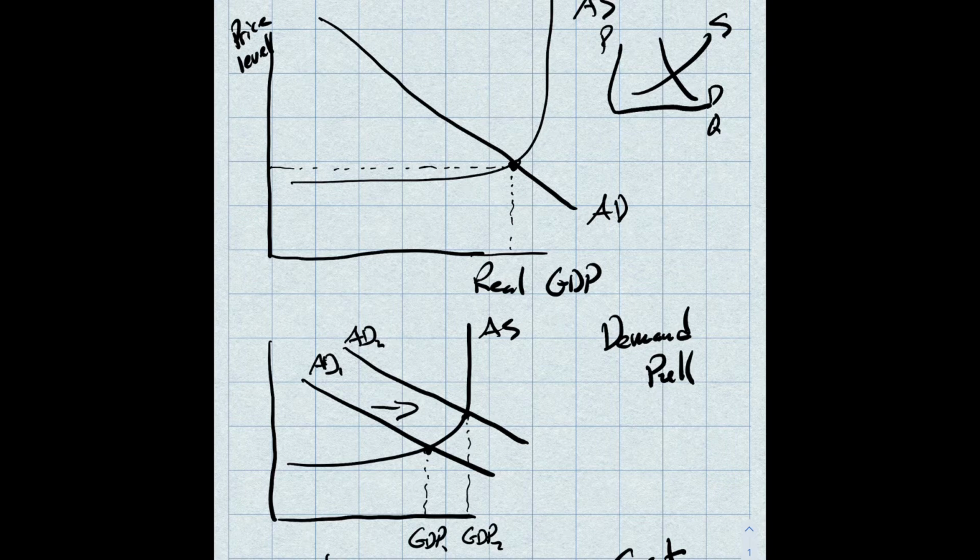This is looking at, I'm going to erase that, it's in the way now. This is looking at the economy as a big picture, and it has this idea of aggregate supply and aggregate demand, which I talked about in the previous video. This is all the supply in the economy put together and all the demand put together for various goods and stuff like that. So aggregate supply, as I said, eventually becomes a vertical line because at a certain point, you can't employ any more resources. This is also when